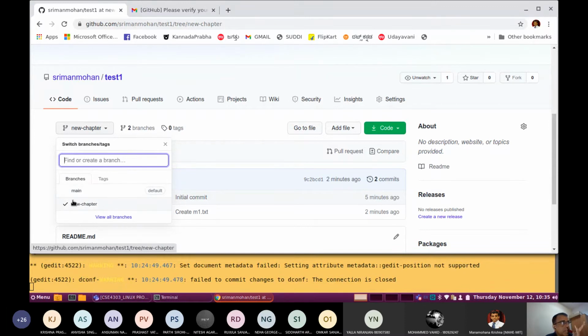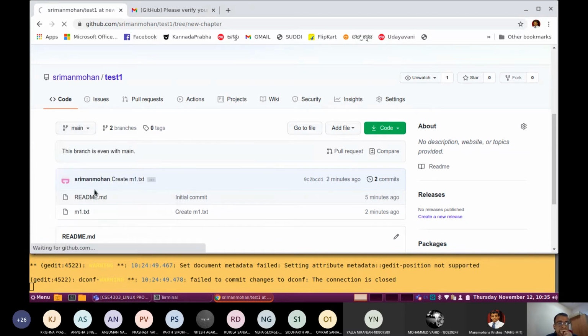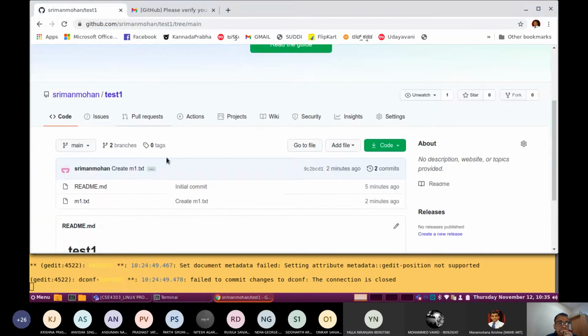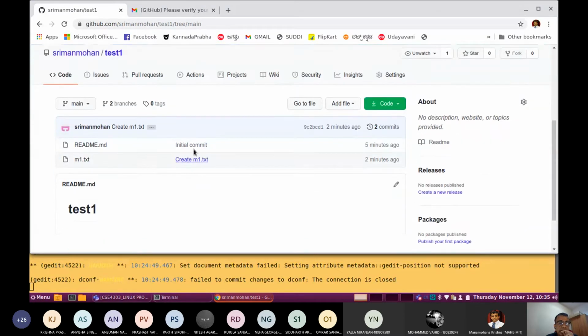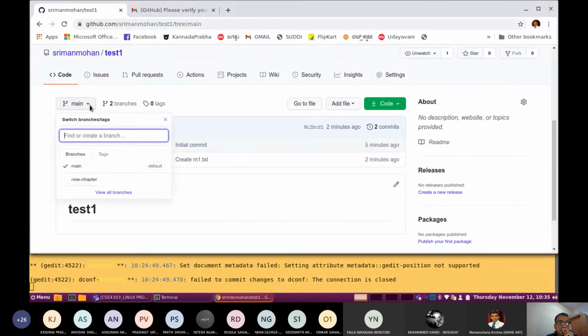Generally in the command line we do it with the checkout command. Now here it is menu driven. You can go back to the main branch as well. If you go to the main branch, whatever modification you do here is in the main branch, or else if you want to go to another branch, you can change over from the main branch to the new branch with this command.